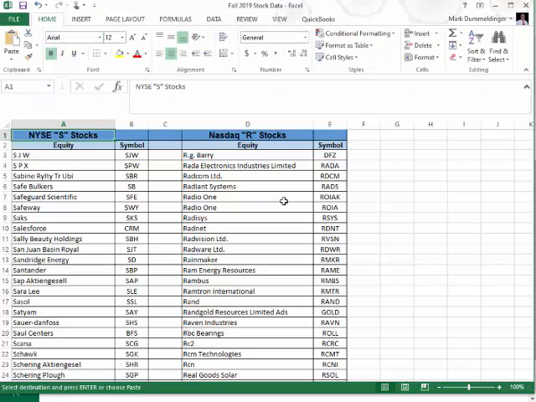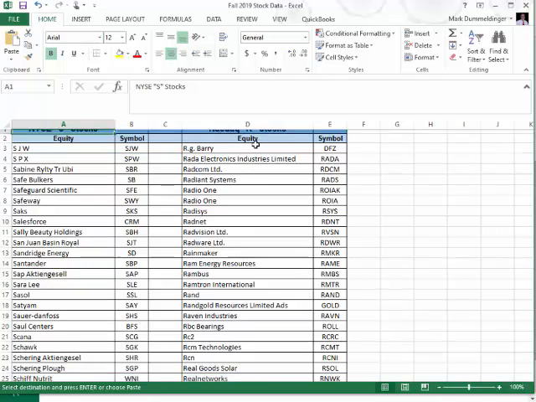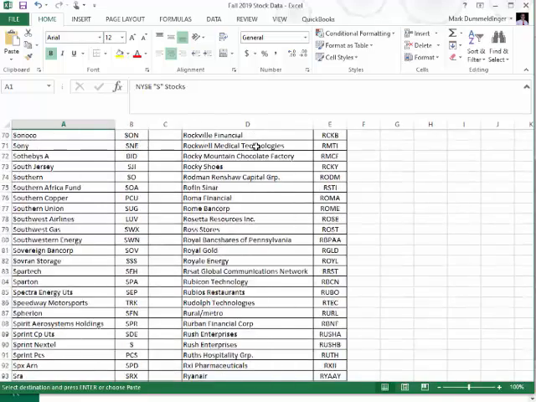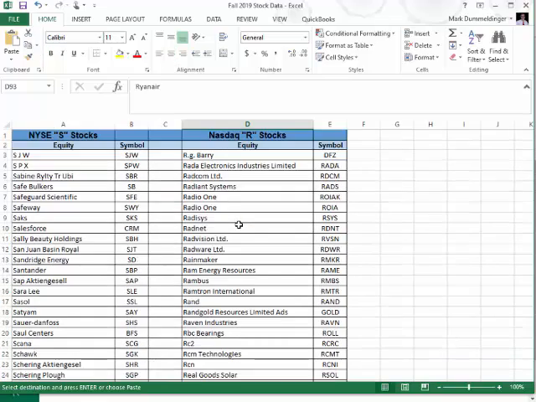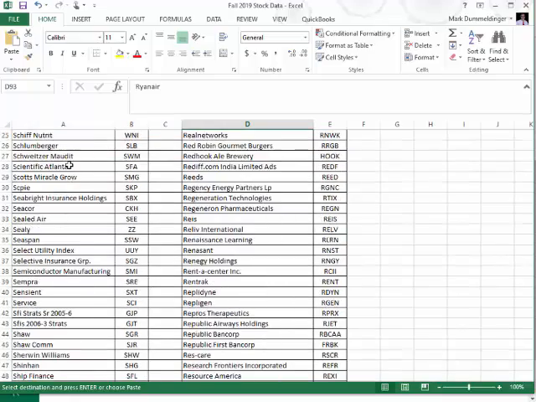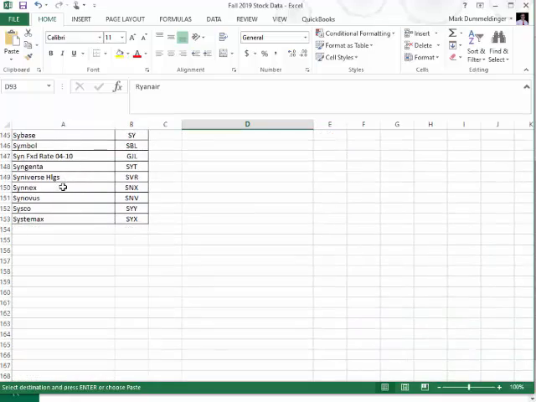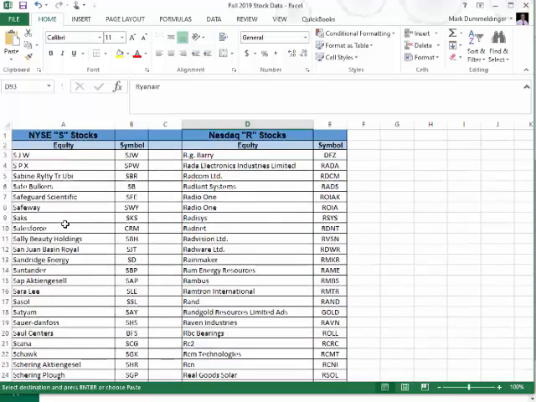All right, so here you see the data set is opened up. There's a New York Stock Exchange S stocks, there's a NASDAQ R stocks. Scrolling through, you can see there's a whole bunch of S stocks. The R stocks, it says 93, but then you realize there's really 91 R stocks, and as I slide down to the bottom, 151 S stocks. I want you to randomly sample 40 of the New York Stock Exchange stocks and 25 of the NASDAQ stocks. We've talked about how to do that in class. Once you identify the 40 and the 25, or the 65 total stocks that you're going to use,